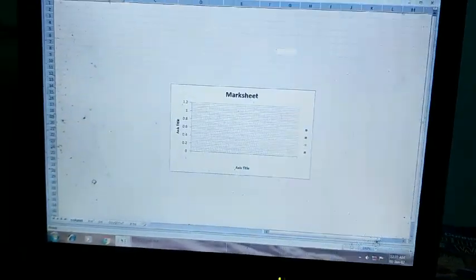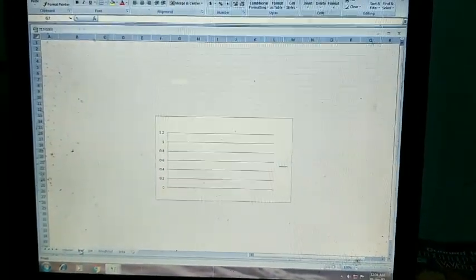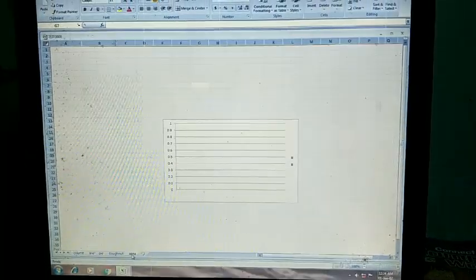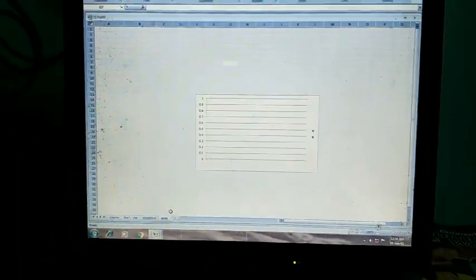Now see, the data of the column sheet has been deleted, the data of the line worksheet has been deleted, the data of the pie worksheet, donut and area, everything has been deleted. So I can apply the same command to all the worksheets. For this purpose you can make a grouping of worksheets.